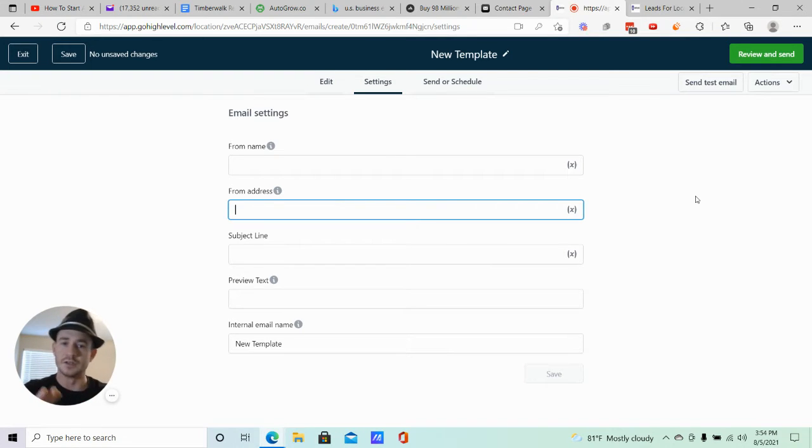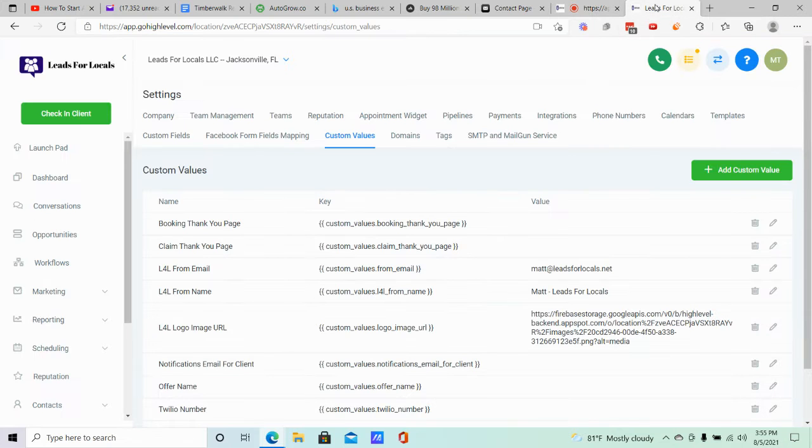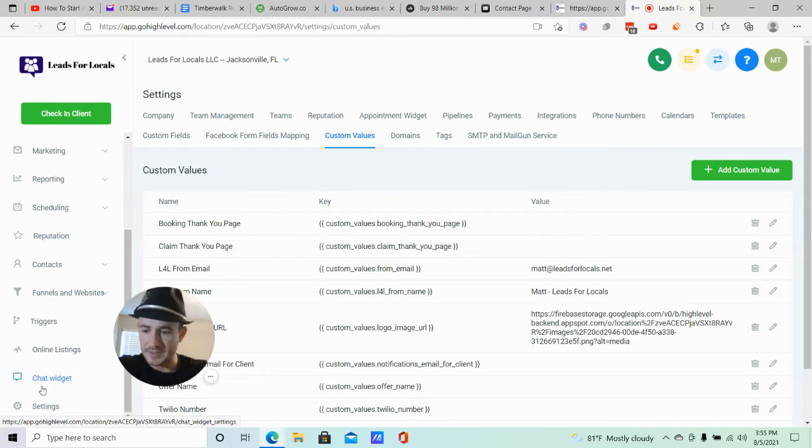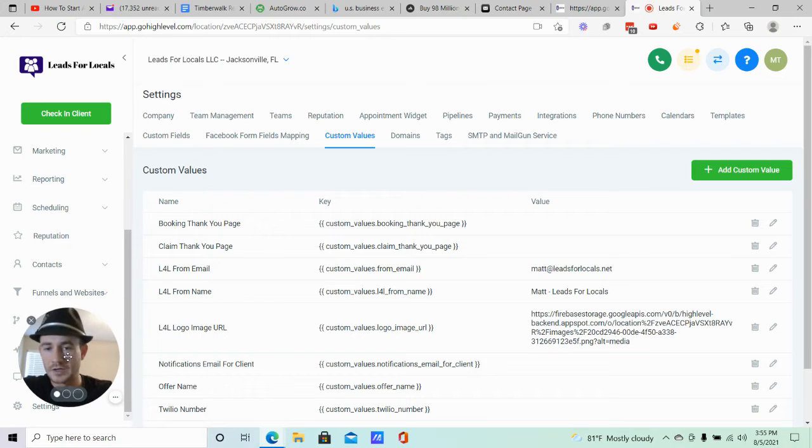What I'm about to show you is going to save you an immense amount of time, okay? So we want to open up a second tab for GoHighLevel. Scroll down to settings, and this time we're going to click on custom values. When I learned how to use custom values in GoHighLevel, oh my God, it's just a godsend how powerful this